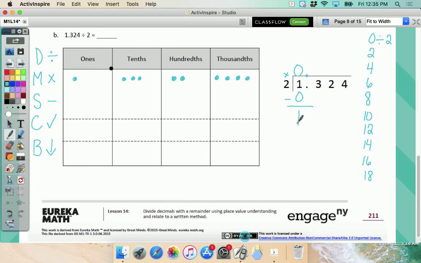1. And you aren't going to have one this hard on your exit ticket, okay? You're not going to have one. Well, you might have one where you have to put a 0 in the front, but it's not on your place value chart, okay? So this is what I started with, 1, 1, correct? Okay? So what do I have to do to this? I've got to break it apart into how many? 10 tenths, right? And when I do that, when I break it apart into 10 tenths,